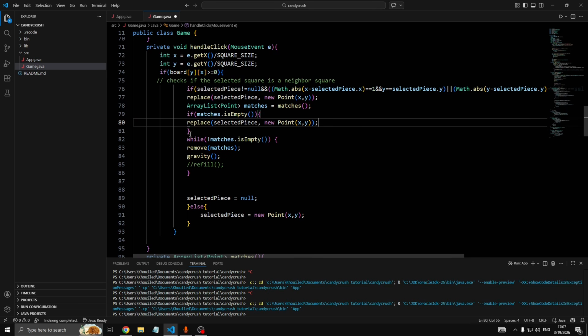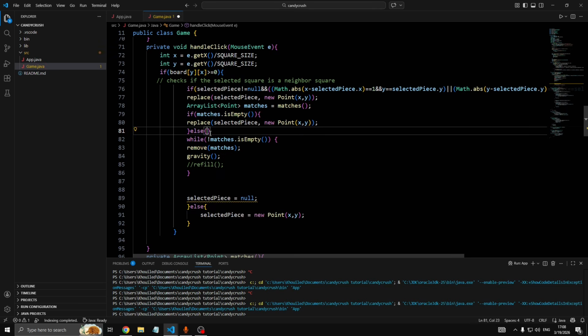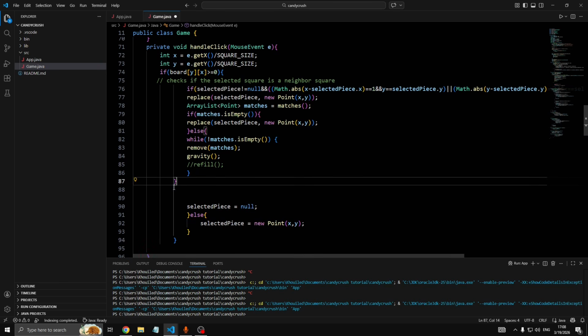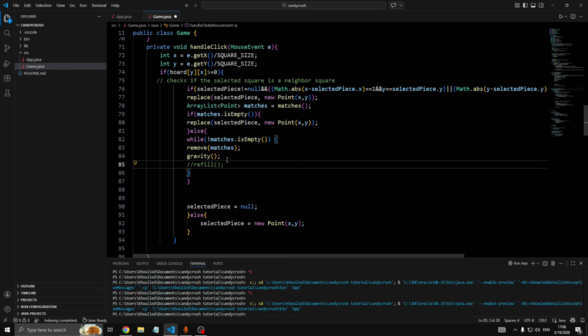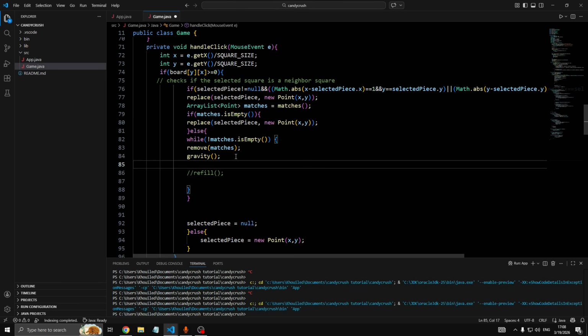And if that's not the case, then that's when we're gonna remove the matches and do the remaining stuff. So basically, when we have matches, then we're gonna remove them and then check again for matches. So here we're gonna put matches